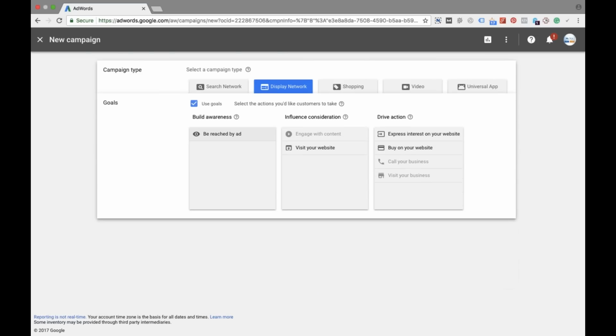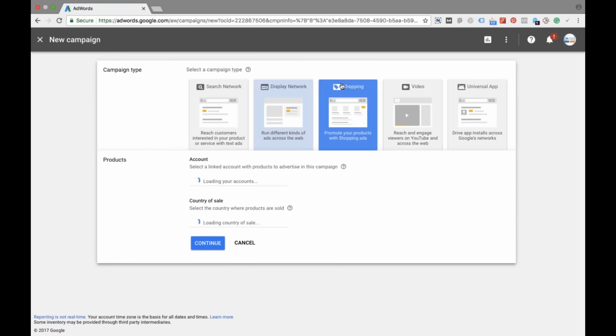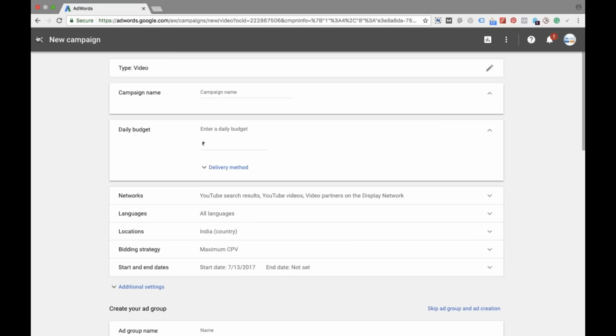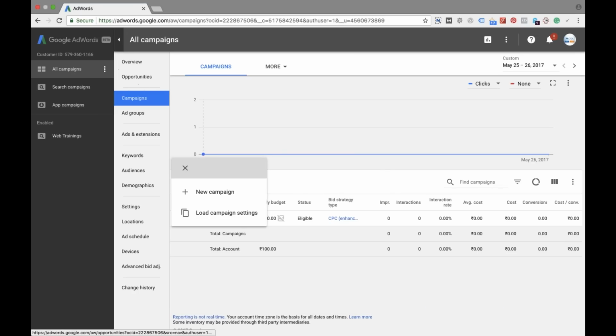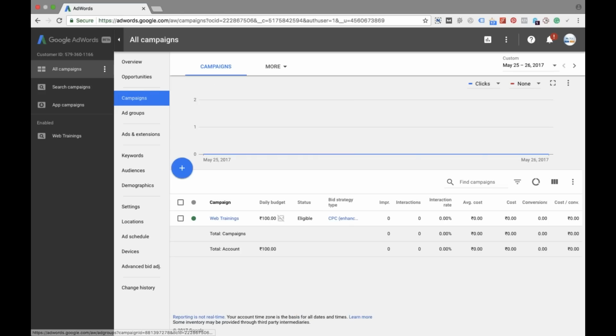Let's see display marketing. Yeah, this was already there for many years. We used to see this, right? Shopping, normal. Video, yeah, they have made basically back-end structural changes. They haven't added a lot of new features. They just changed the look and feel and made one universal look for the overall concept. That's what this interface is all about.